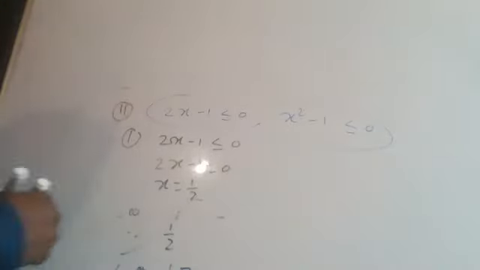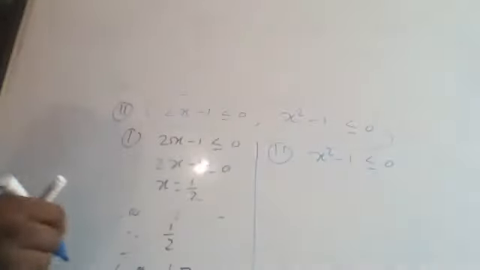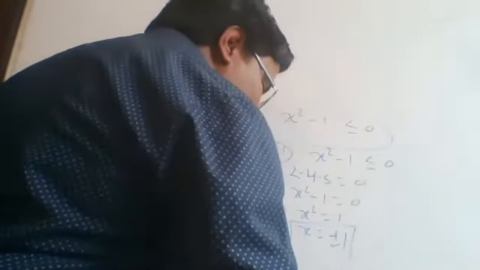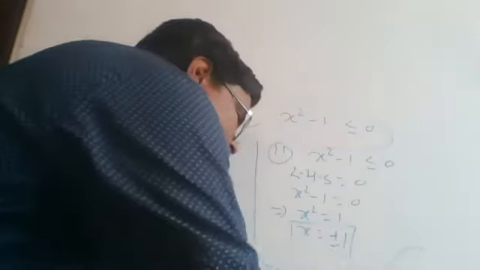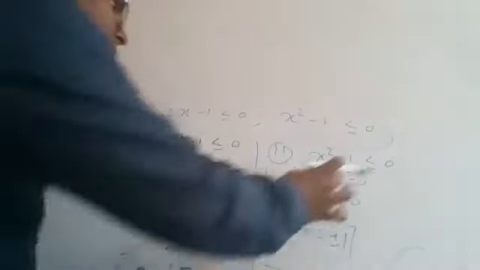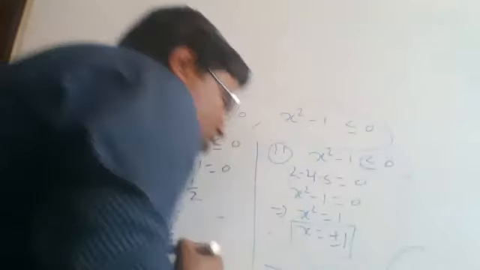Easily. After that, we have to solve the second inequality, and the second inequality is what? x square minus 1 less than or equal to 0. So we put the left hand side equal to 0. So we get x square minus 1 equals 0. This implies that x square is 1. So x equals what? Plus minus 1. After that, we put the solutions minus 1 and plus 1 onto the number line and draw the wavy curve. Which portion is required? Below the number line, the lesser sign is here. It means minus 1 to plus 1.